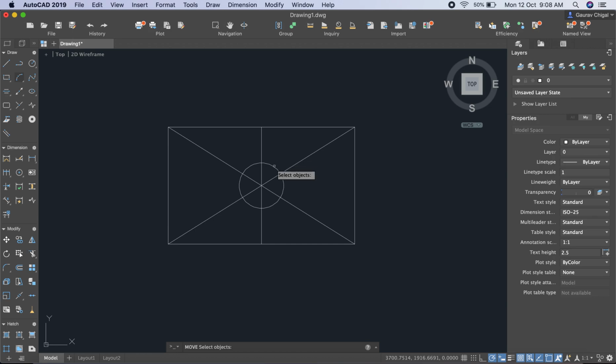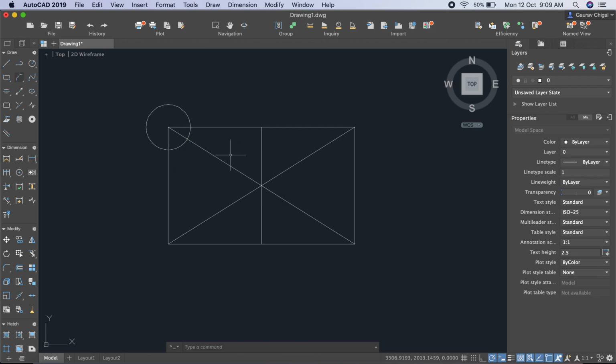Let us say I select this circle, press enter, and then define the base point from which you want to move the object. This is the center of this rectangle, and this is our base point of this circle. Now when I click on this base point, you can see the circle moves in the direction you require. Let us say I just move this circle to this point.